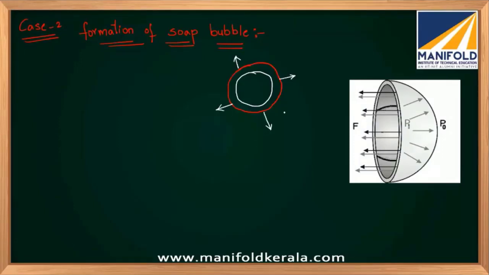In this soap bubble, surface tension force will be acting outward in this way. Why am I telling it as 2 surfaces? Because when you look at that soap bubble keenly, there will be rainbow shades inside, and outside you will have clear water. That means I can clearly say that there are 2 interfaces. This much of gap won't be there, but to make it clear, I have drawn this. So outward forces are surface tension forces, inward forces are your pressure forces. Until surface tension force is equal to your pressure force, the bubble will be in equilibrium.